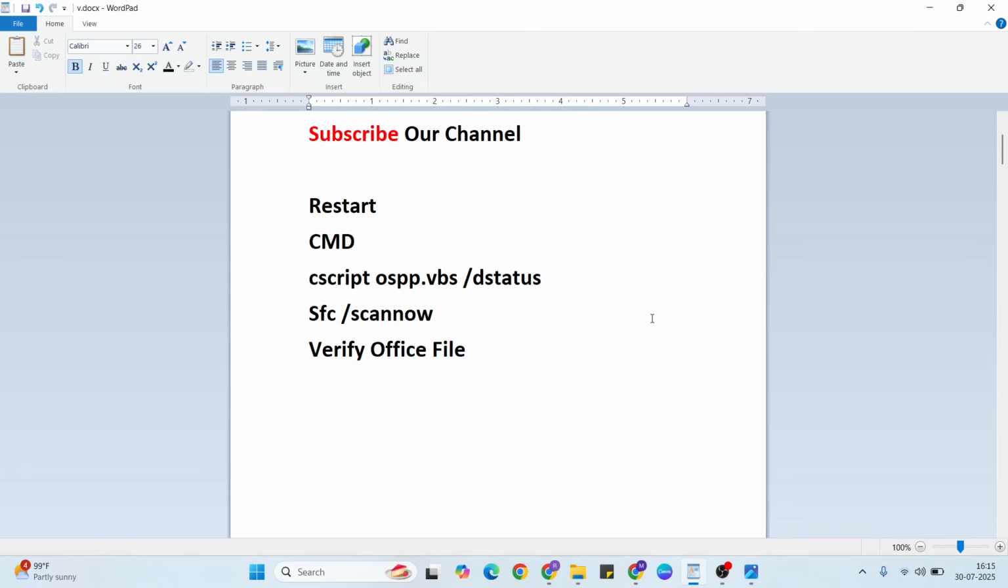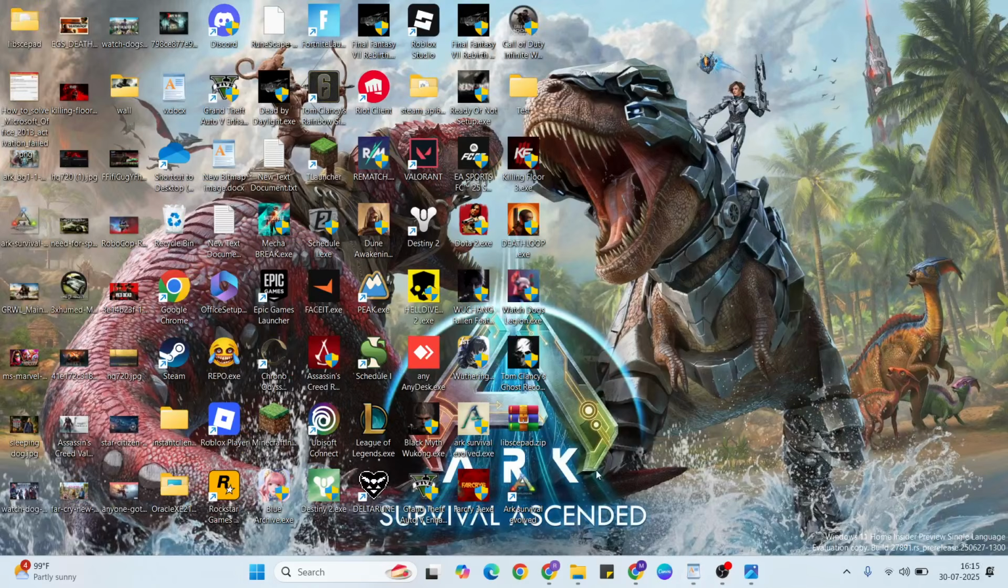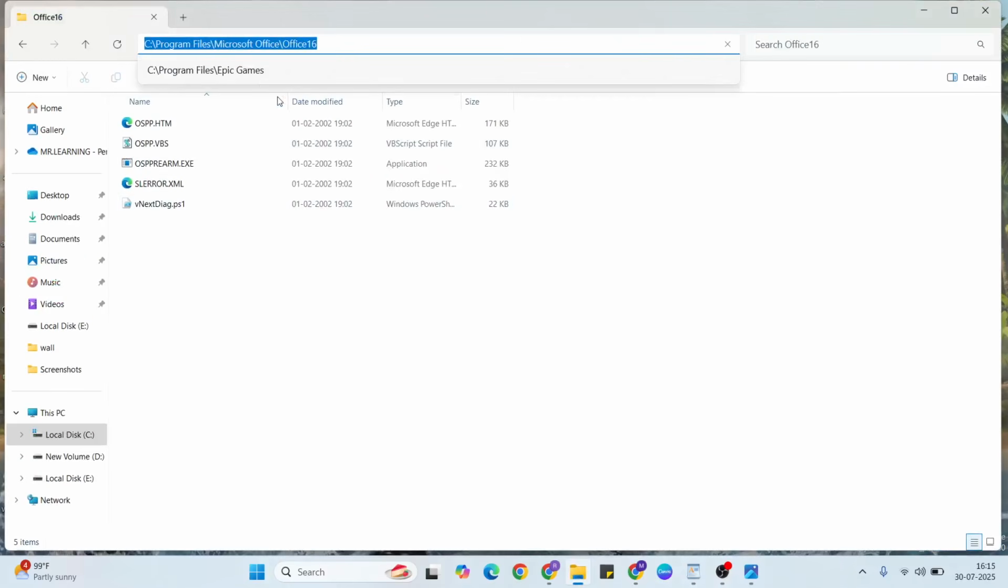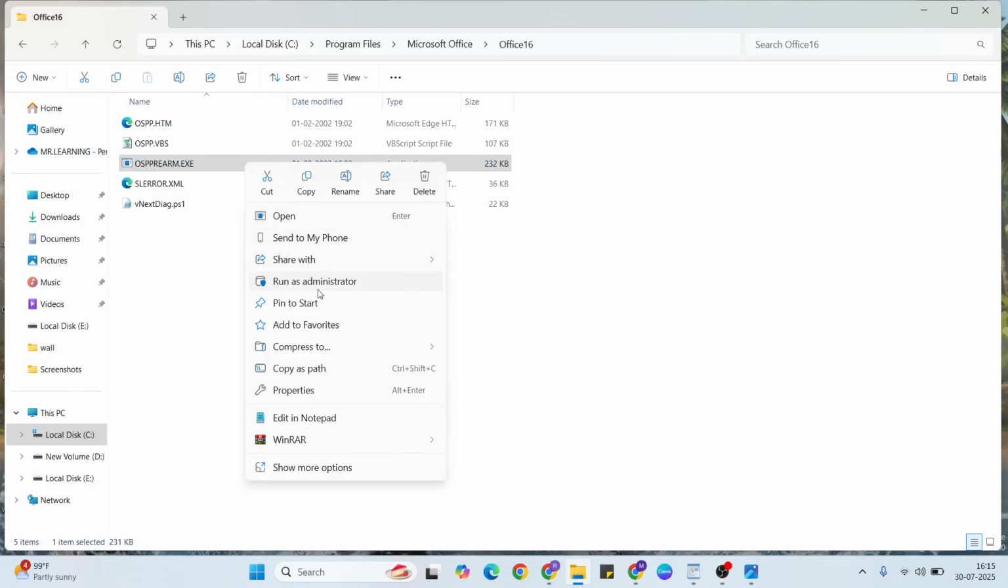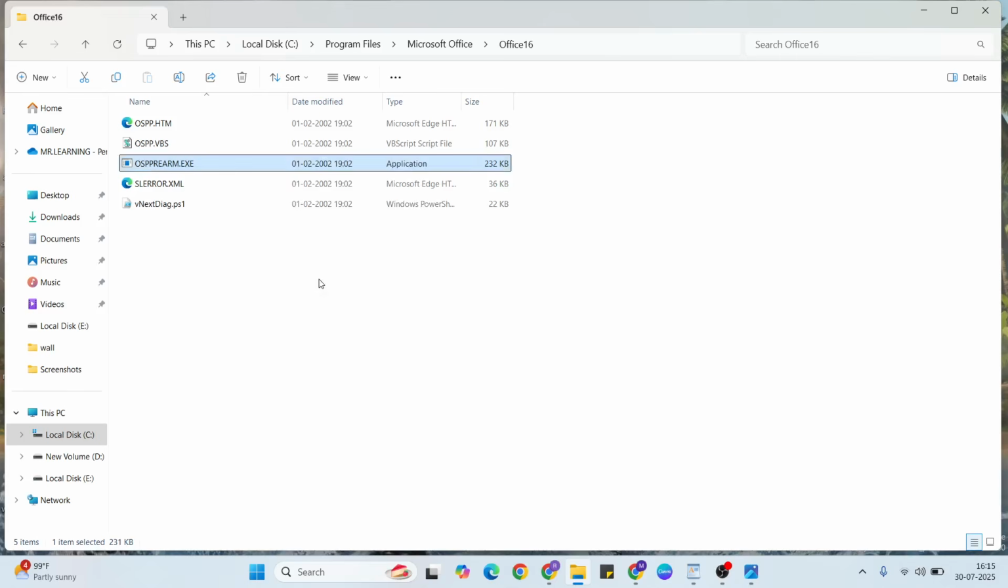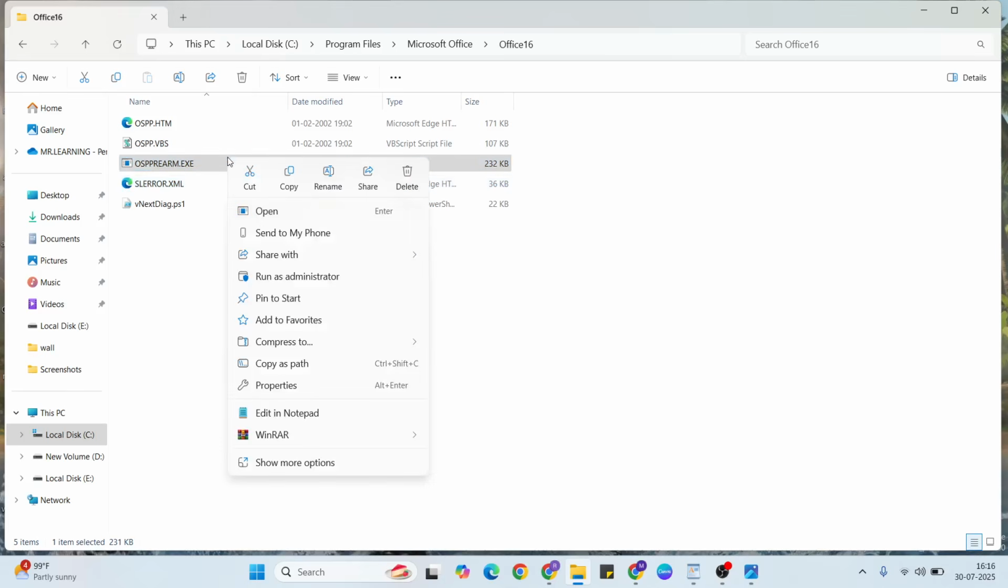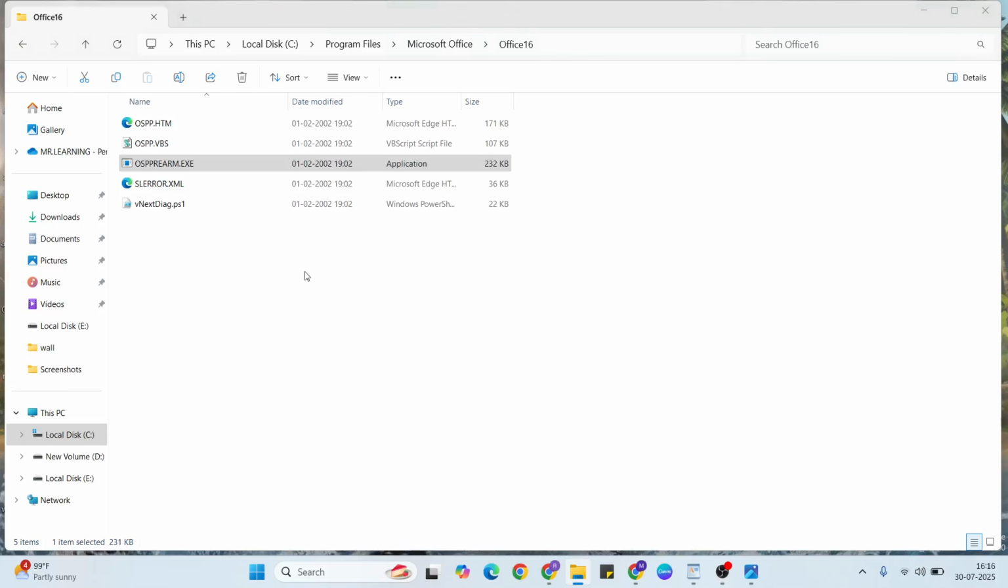method, then verify Office file. So in the same File Explorer, open it, then come to this file location, then select this exe application, then right click, then run as administrator, click here, click Yes on the confirmation, one more time. After that close it,